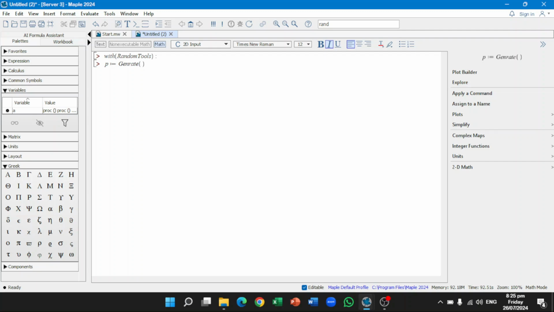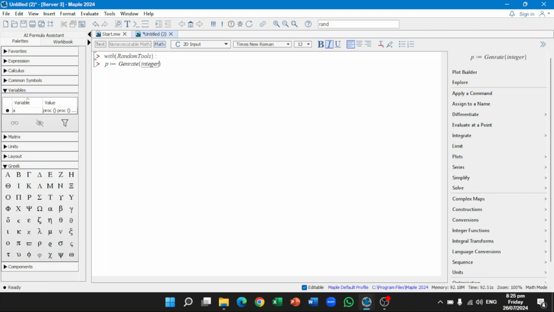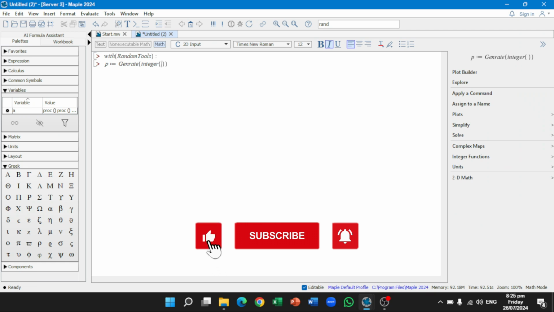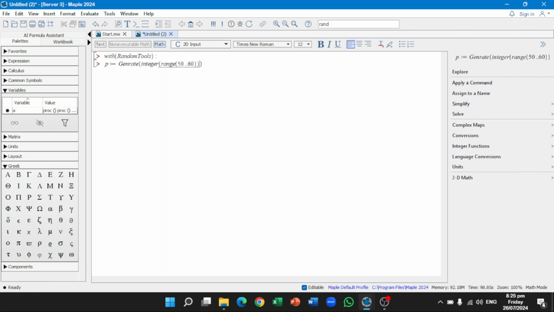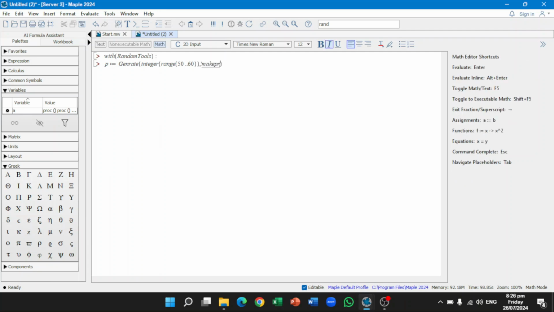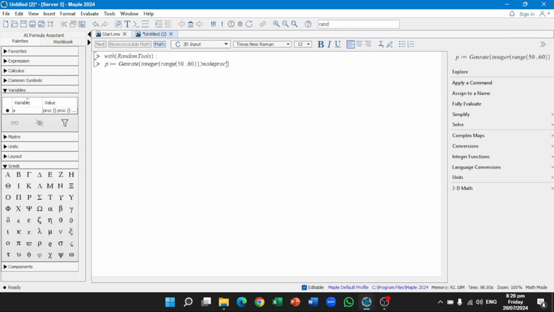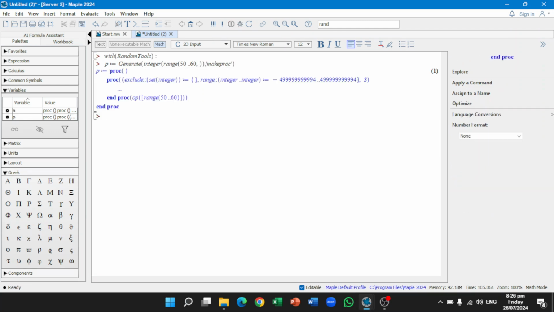I'll just generate integer of range 50 to 60, and now I'll specify that it is a procedure. It will not just assign a value to p, but it is now a procedure and we have to call it. I'll just write make proc to make it a procedure. Now if I press enter, we'll get a procedure.